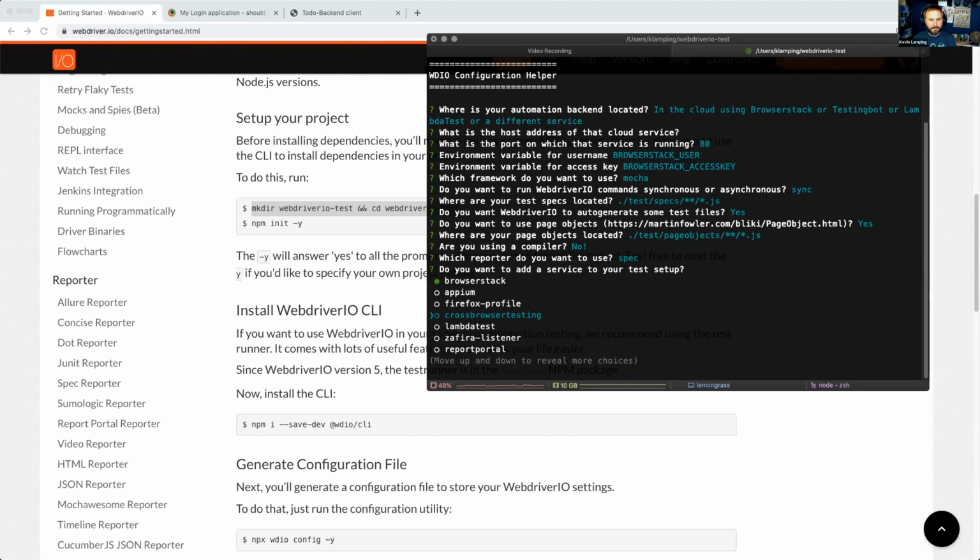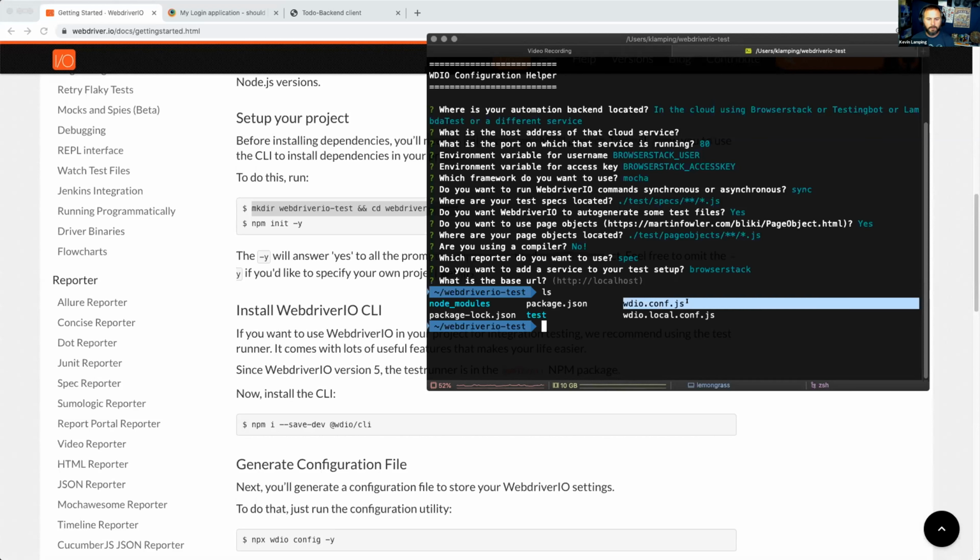So I'm going to hit enter, and then it's going to ask me. The last question is, what is the base URL? And you can add your base URL here. It says localhost. I'm just going to hit Control-C. That's going to cancel out of the configuration helper. The reason for that is I don't want to overwrite the other configuration that I made, because it's going to also install NPM packages, and I don't want to spend time installing those packages and waste your time. So what this is going to end up doing is create a new